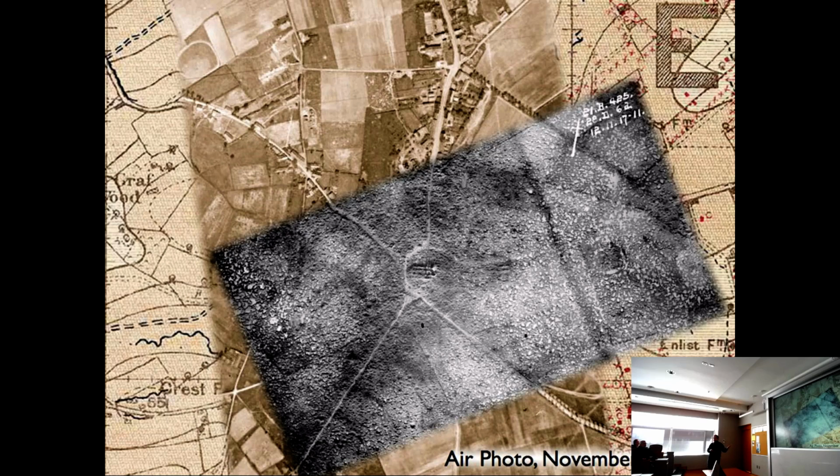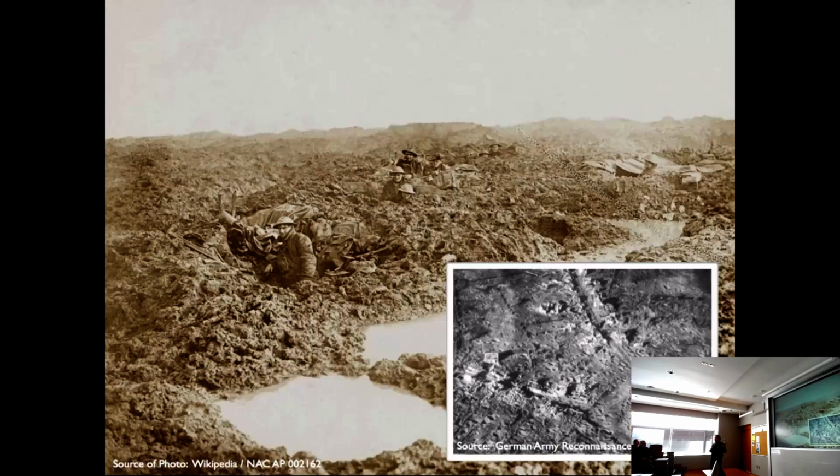And here is the scene of Passchendaele after the battle was fought. The entire landscape is pockmarked by artillery shells, craters. And most of these craters were filled with water because it was raining so frequently during the battle that all these craters filled up with water. Here you see in this ground photo how difficult it is to get an orientation, whereas the air photo gave you a very, very good orientation. 8 soldiers are here in this image.